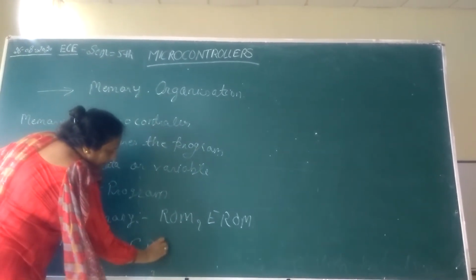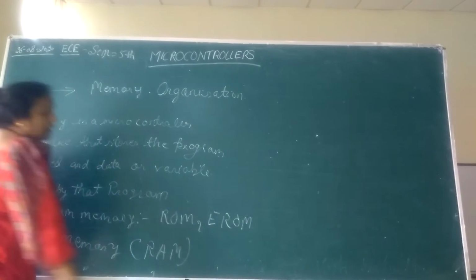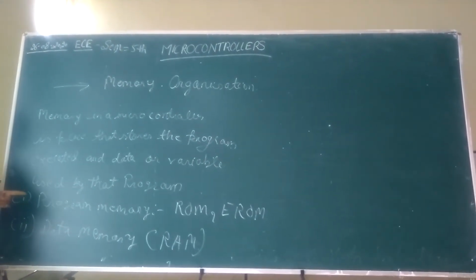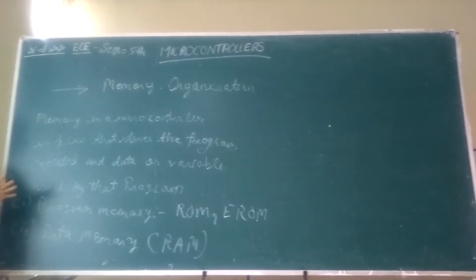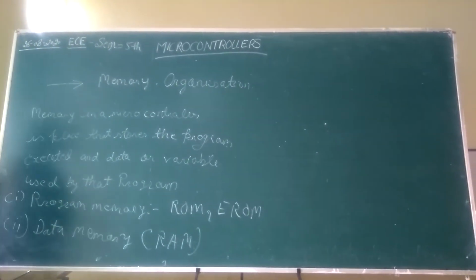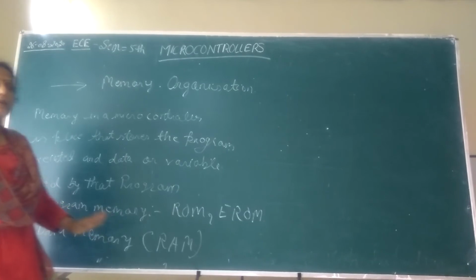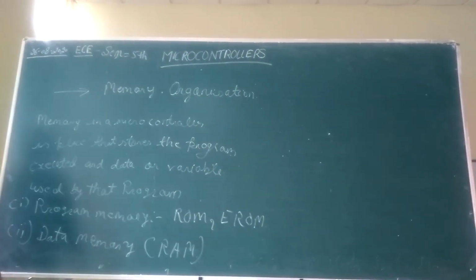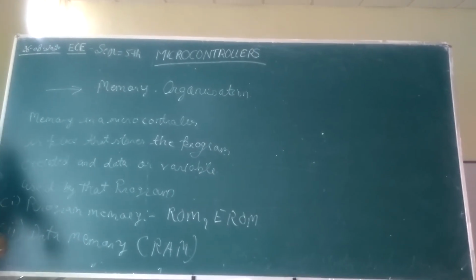See the RAM, random access memory. Read only memory means that it can only be read, cannot be erased. ROM means read only memory. And then there is the random access memory, which is used in the data memory. Okay. Now the diagram of